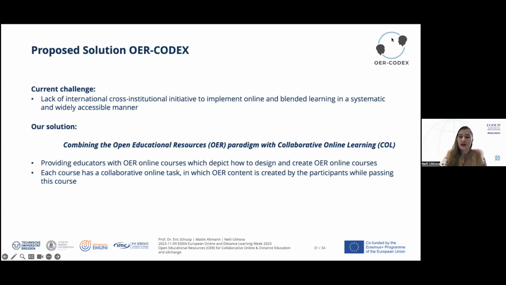Within this project, we aim to provide educators with OER online courses. These depict how to design and create OERs in a collaborative manner. Each course has a collaborative online task that allows educators to collaborate together and to create the OER content while being inside the course.